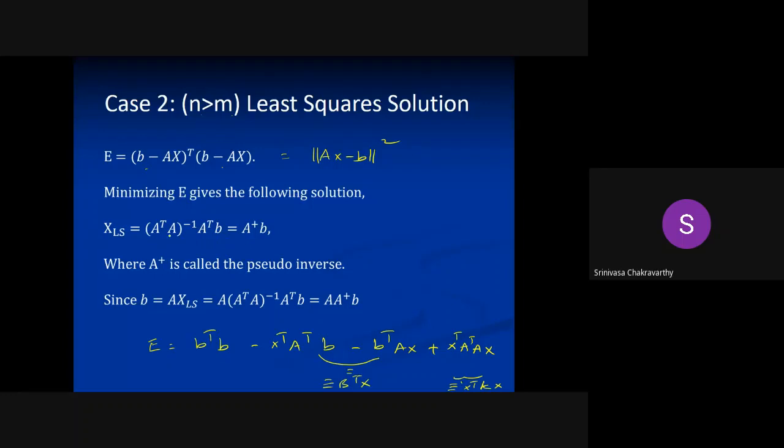So instead of just A inverse b, which was so simple in the previous case, you get A transpose A, inverse of the whole thing, times A transpose times b. Instead of A inverse, we got this huge complicated expression. This expression is denoted by the symbol A dagger, or sometimes A plus. It is called a pseudo inverse because it acts like an inverse in this case, when n is greater than m.